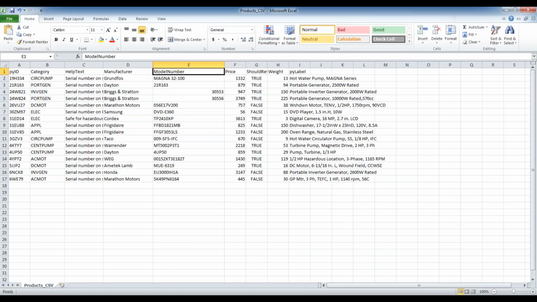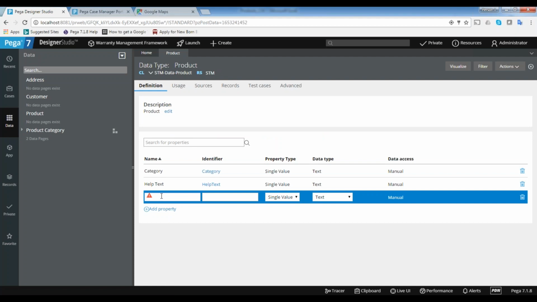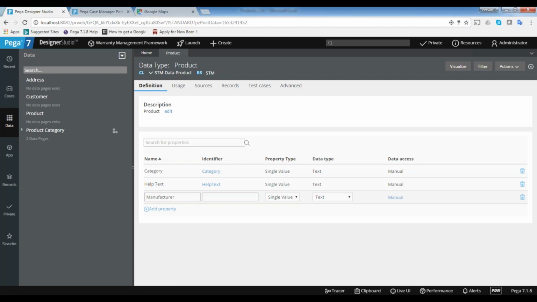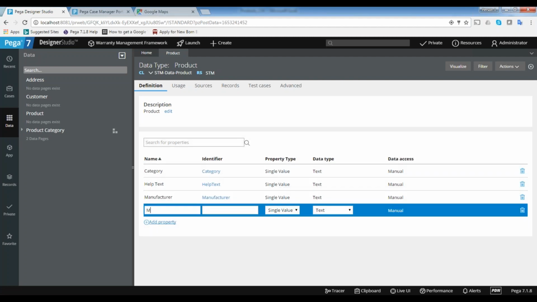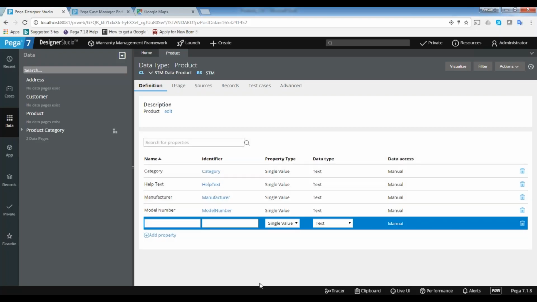And then help text: manufacturer, model number, and then price and should return weight, PY label.